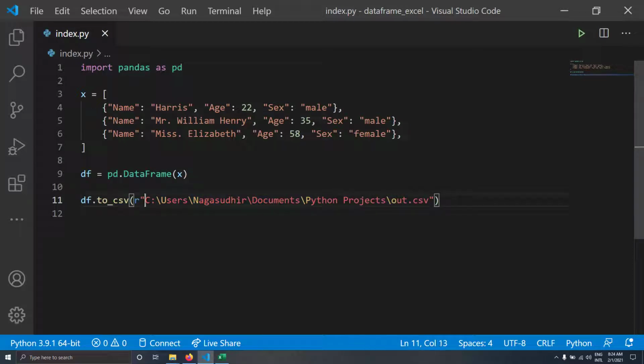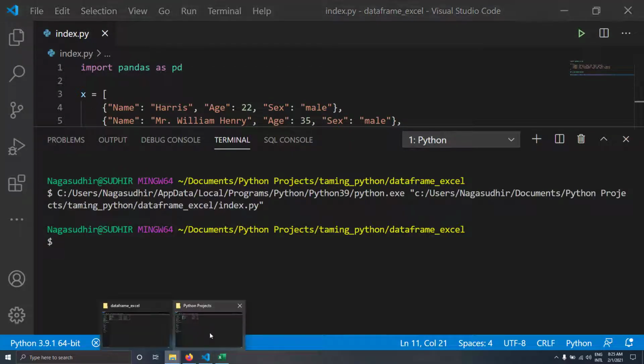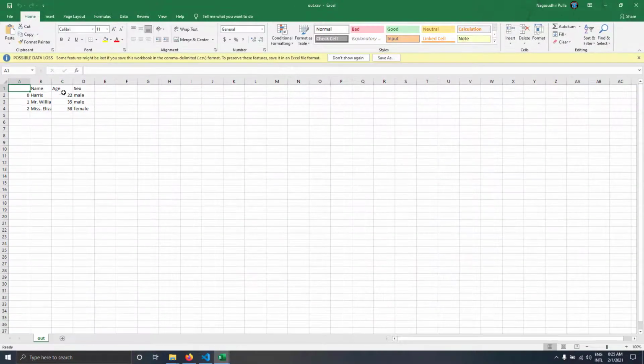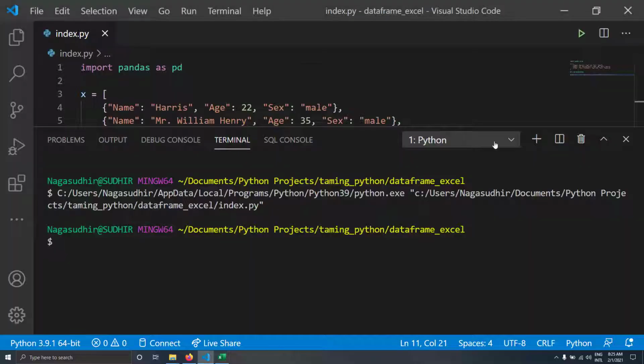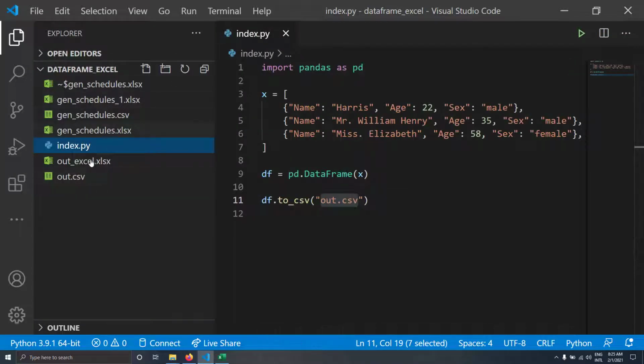So I'm writing the whole path here, and let me see whether it runs. If I click this, you can see I got my data exported to the absolute location. That means it is not the same location as the folder. So it's really simple, guys. If you want to export your file to an absolute location, you just use the absolute path here. If you want to output it to the same folder, you just write the file name, that's all, and it will be exported to the same folder as the Python file.